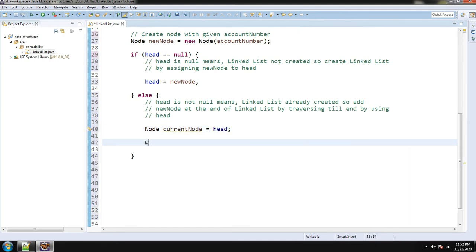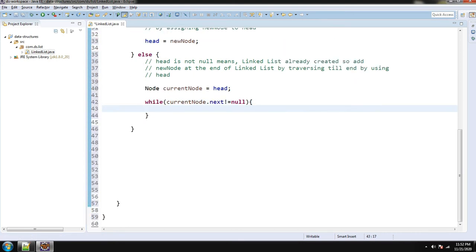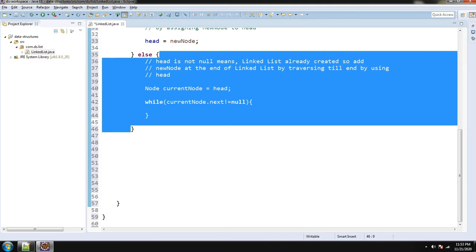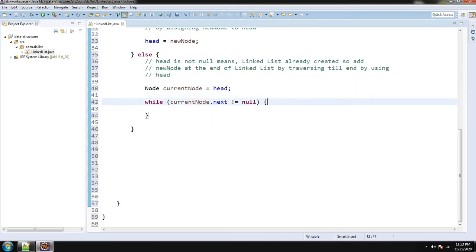Now currentNode is also pointing to the first node. I am checking if the next node is available or not. If currentNode.next is not equal to null, it means the next node is available, so we need to move currentNode to the next node. I'm going to add the comment there.